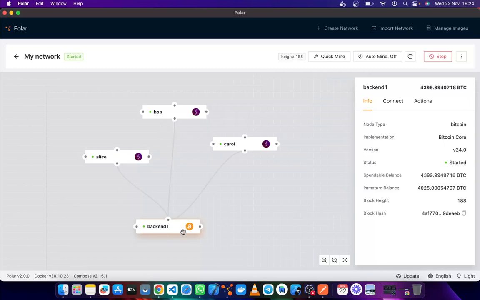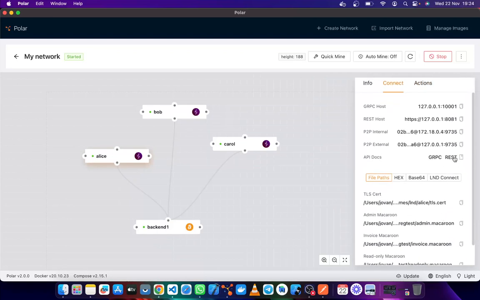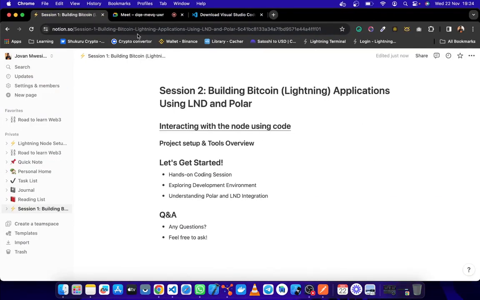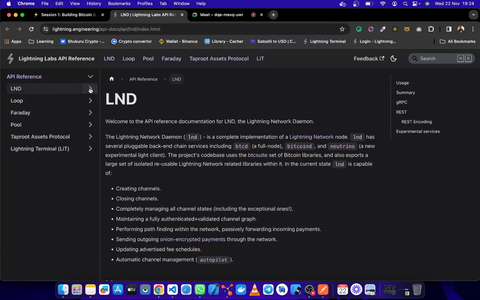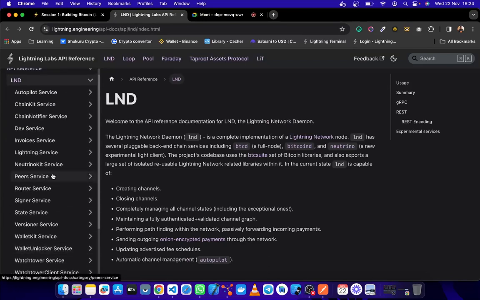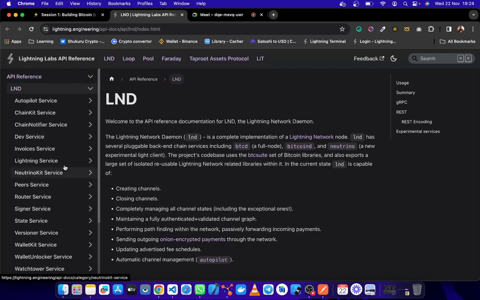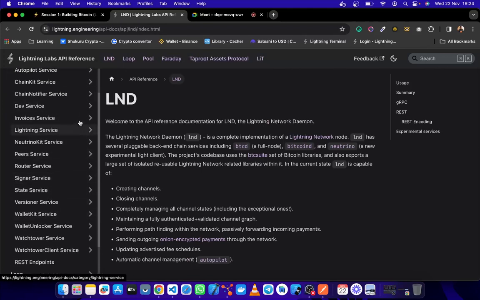So everything like that is done on the node. And when you go to the node, there's this documentation. We are going to try to keep it open for everyone out there. So this is the documentation. What LND does, it gives you these APIs that you can use to communicate with your node. Maybe you can build a gRPC service to communicate with your node, or you can communicate with it using REST. Let me open some of the API endpoints so that you can look at what we are going to try to do.